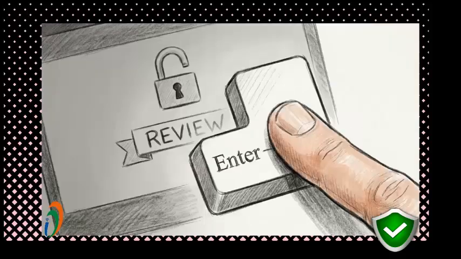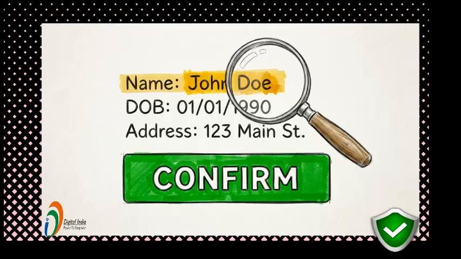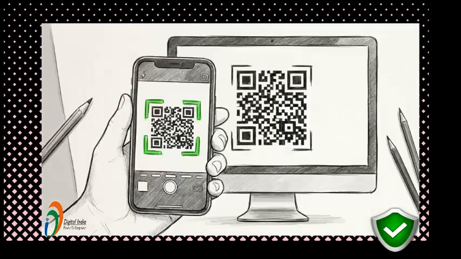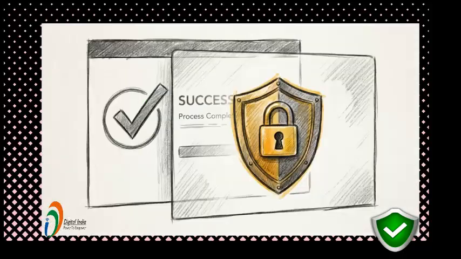Enter the first 8 digits of your Aadhaar number to unlock the final review page. Check your spelling one last time, then confirm. You'll be pushed to the payment gateway. The application fee is 107 rupees, and scanning the UPI QR code on your screen is the fastest way to clear it. But a successful payment screen does not mean you're finished.